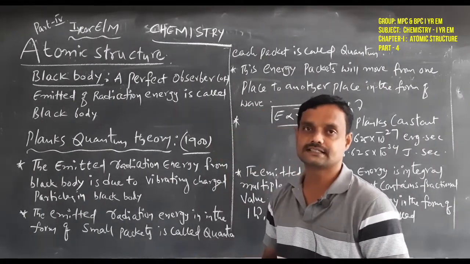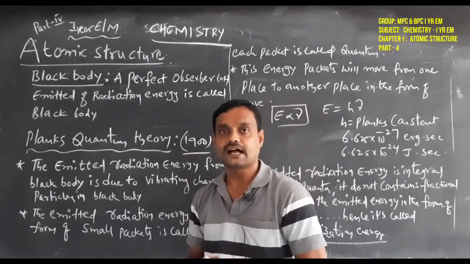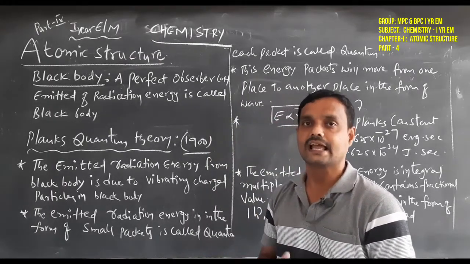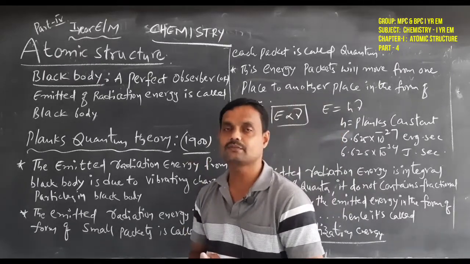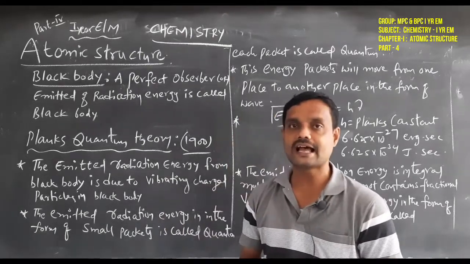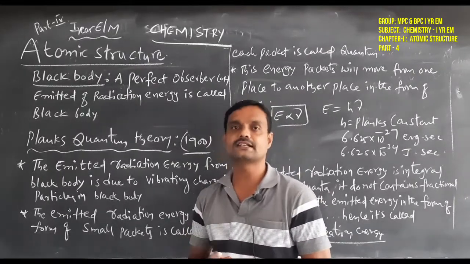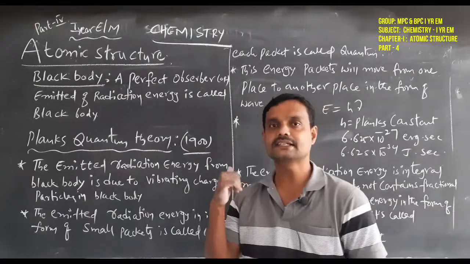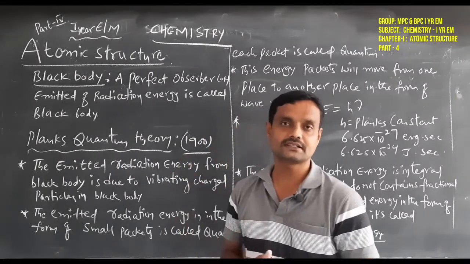It means when light falls on the surface of this black body material, it is 100% absorbed and similarly 100% emitted as radiation. So this is the nature of this black material and black body. Why? Because the black body behaves like this. That means it perfectly absorbs the light radiation energy and in the same way emits the radiation energy. So this is the behavior of this black body material.